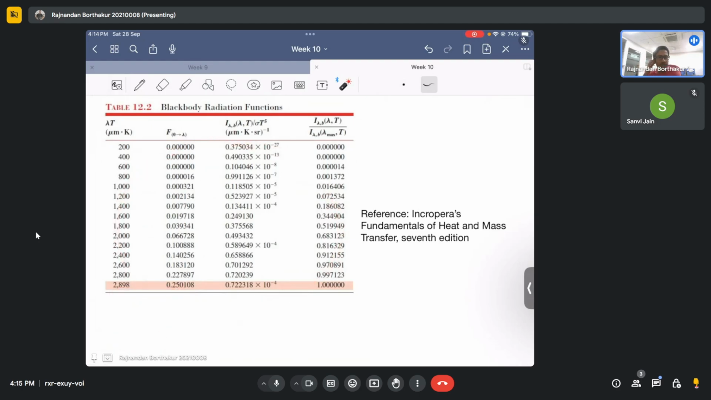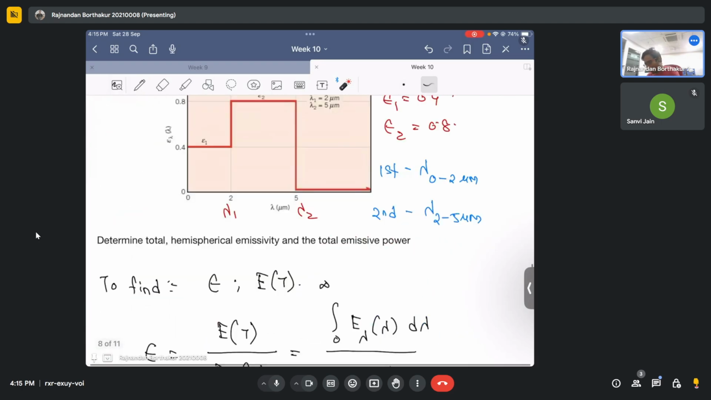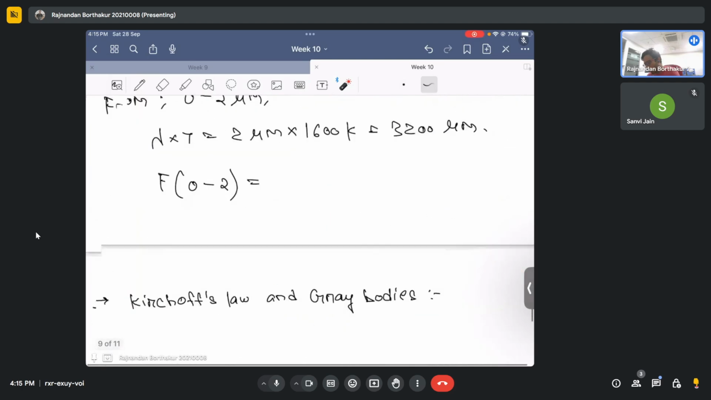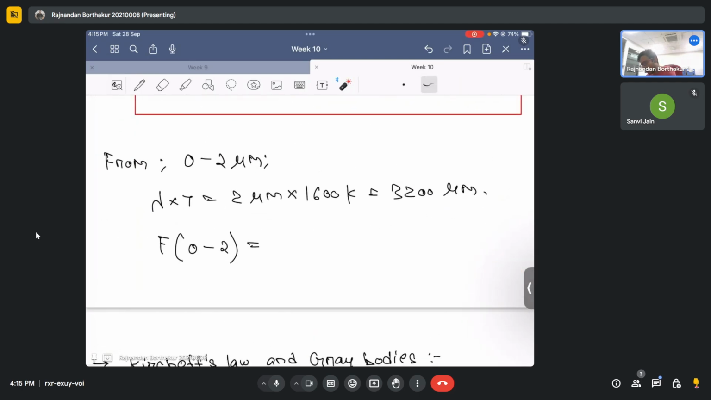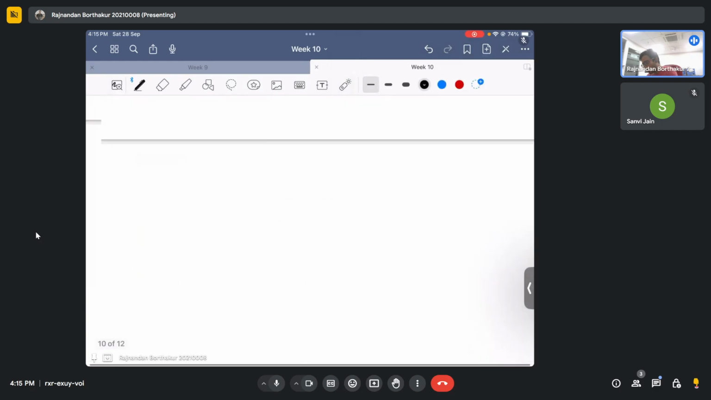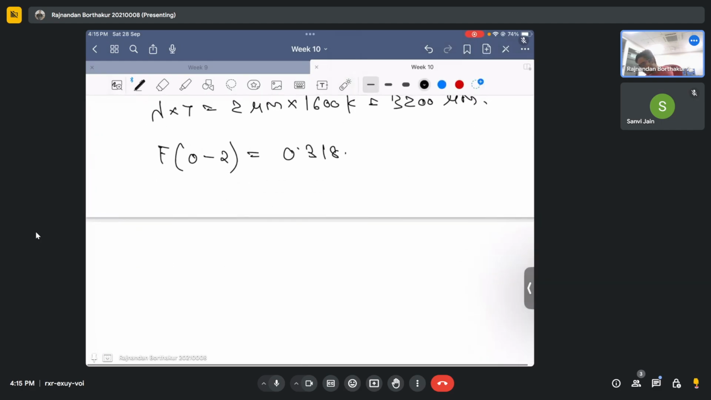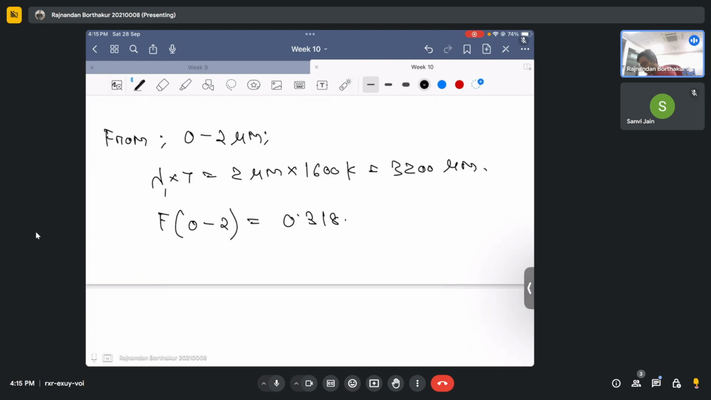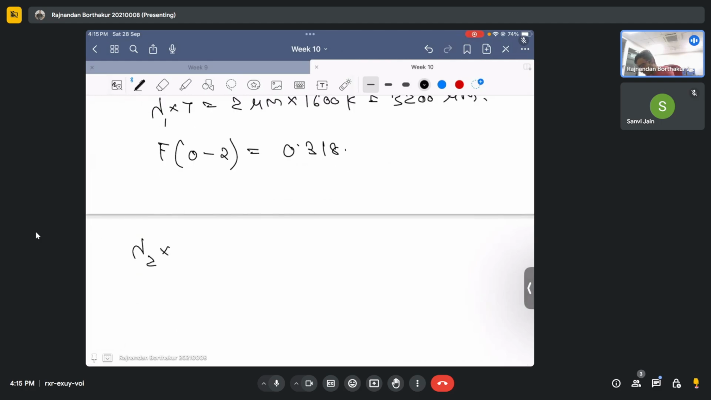Okay, you can have a look at this table in the book of Incropera, and once you know this lambda times t, you correspondingly know what is f0 to lambda. So for this case, when your lambda times t comes out to be 3200 micrometer Kelvin from the table, your f0 to lambda comes out to be around 0.318. And in the same spirit, if you calculate, so this is your lambda 1 times t to be precise, and if you calculate your lambda 2 times t, which turns out to be around 8000 micrometer Kelvin,